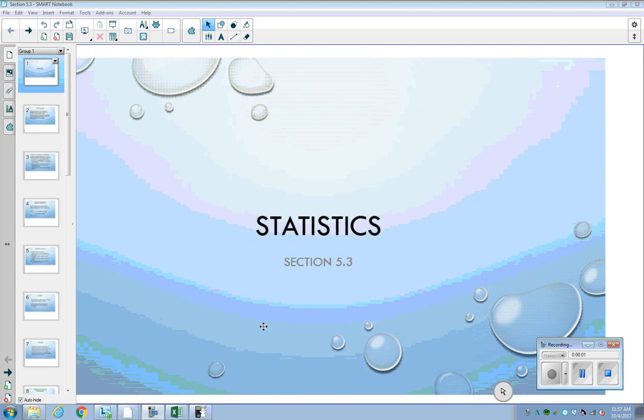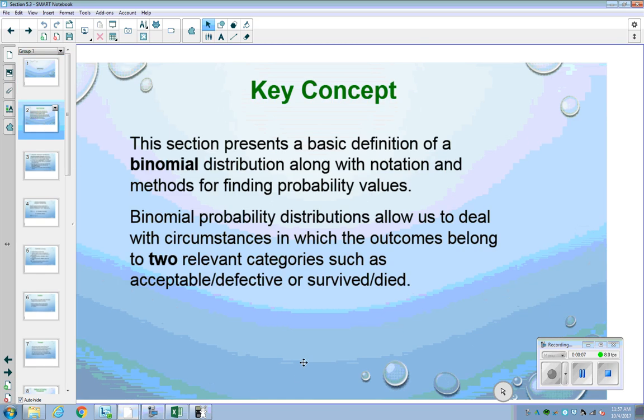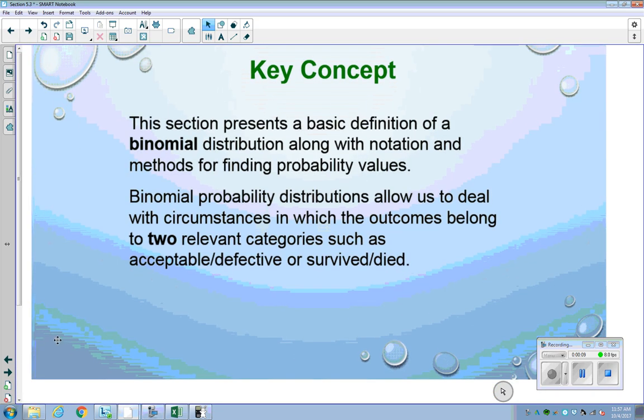To finally get to section 5.3. So we're going to look at the basic definition of the binomial distribution along with the notation. And we are going to be able to get that whole table on our calculator, and this binomial distribution, we're